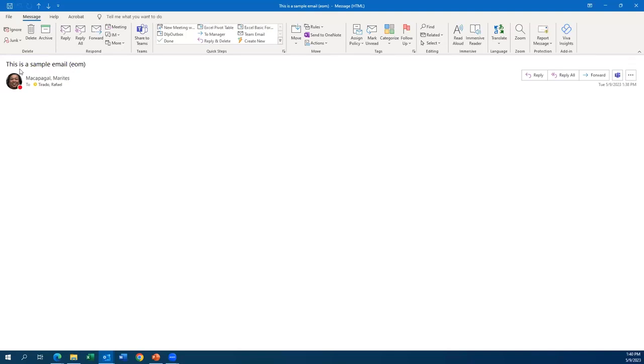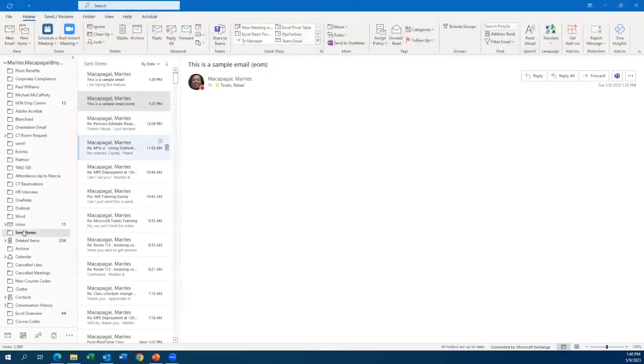Message recall is available after you click send and is available only if both you and the recipient have a Microsoft 365 or Microsoft Exchange email account, and all of you have it because we all belong to the same agency or organization. Okay. So again, to recall and replace a message, you always go to the sent message option, open the message. I'm just reviewing to you again what to do,